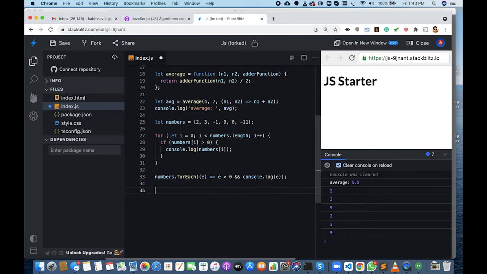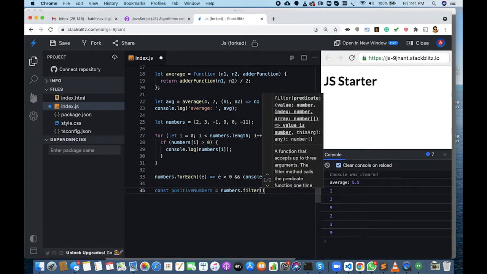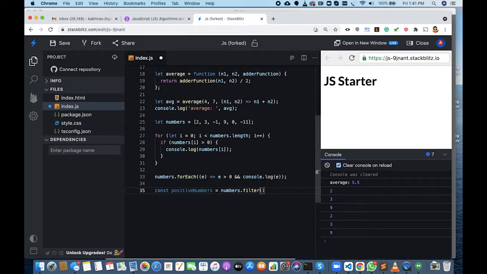Similarly, there is another way of getting positive numbers out of it. For example, I can write const positiveNumbers equal to numbers.filter. What filter does is, whatever method you pass to it, it will run on all the elements of the array, and it will return only the ones on which it returns true. So I can first write the full format. I'll pass a proper function.